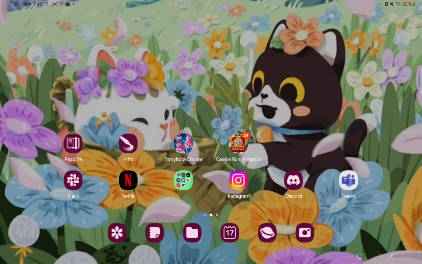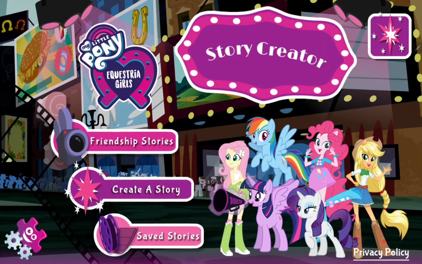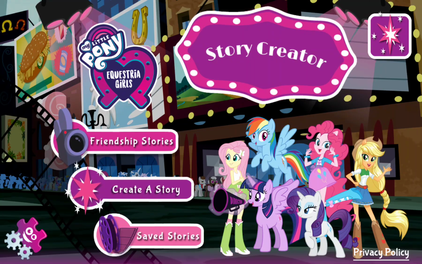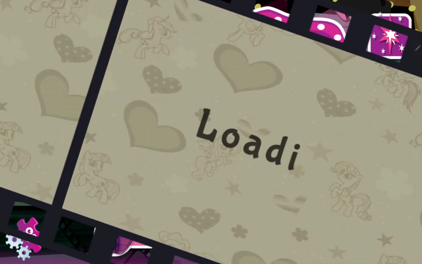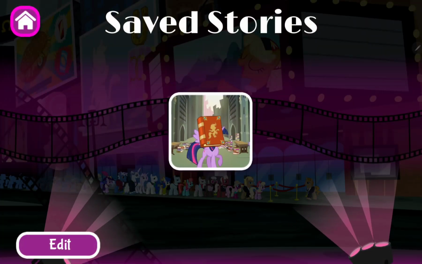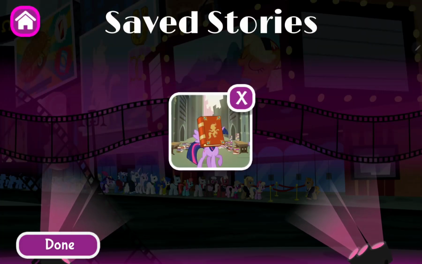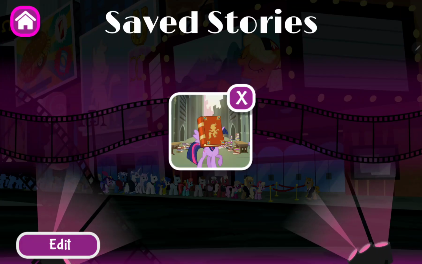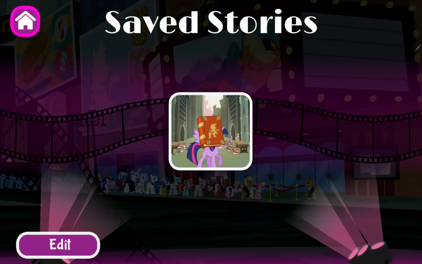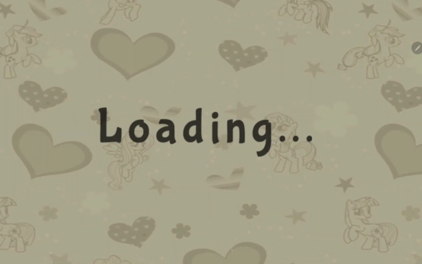First of all, open the application on your device. This is the first screen, and you can find three options: the friendship stories, create a story, and the saved stories. You go to the third option, the saved stories, and if you have any saved stories, you can check that, you can edit, you can delete that, and if you want to check, just click that, and